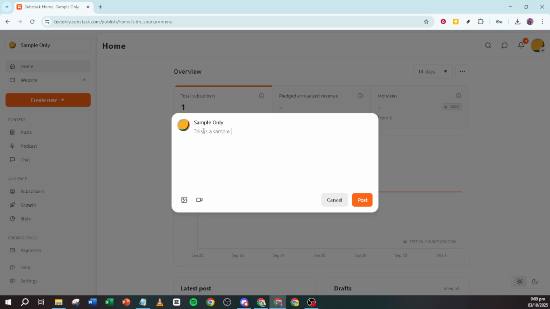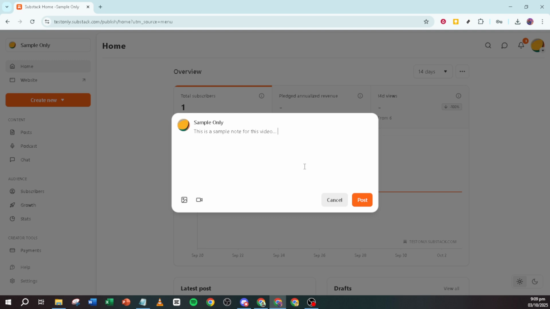Now that you've chosen to create a new note, it's time to fill it with your content. This is your canvas, and you can choose to write a message, add an image, or even paste a link. The style is entirely up to you. Perhaps you want to share some breaking news or a quick opinion on a topic that's relevant to your audience. Or maybe you have a thought-provoking image that you want to accompany with a brief caption. It's your space to be creative, so take advantage of the flexibility this format provides. Remember, the goal here is to engage and connect, so make it personal and authentic.